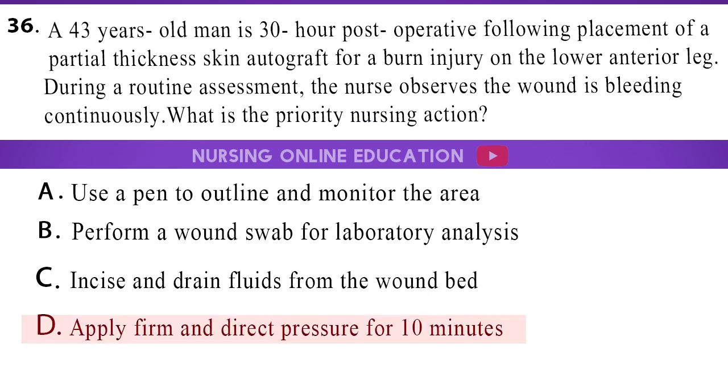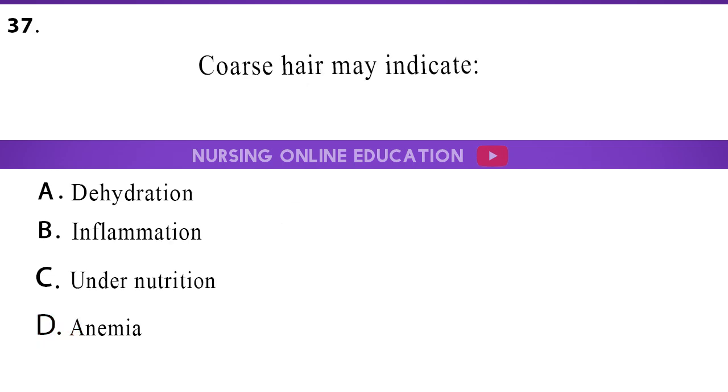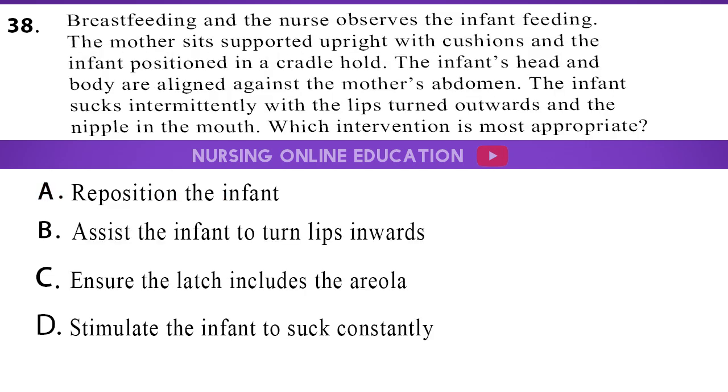The answer is option D. Apply firm and direct pressure for 10 minutes. 37. Coarse hair may indicate A. Dehydration, B. Inflammation, C. Undernutrition, D. Anemia. The answer is option A. Dehydration. 38. The nurse performs a home visit for a 32-year-old woman who had given birth to her first infant